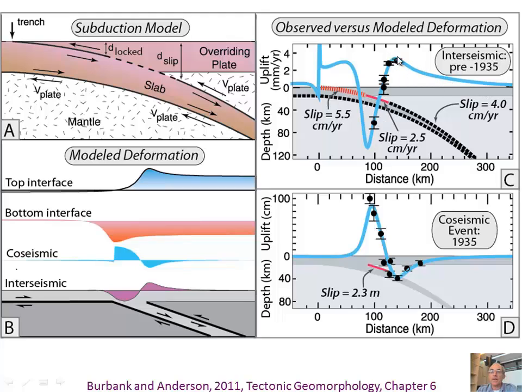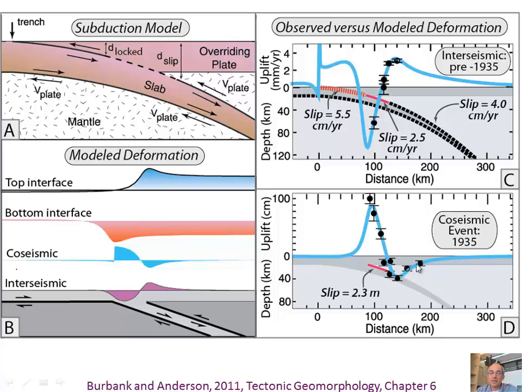And so Danny was able to fit this record of uplift or subsidence with a dislocation model of a little bit of slip, but then deep slip of 4 centimeters per year was the main thing. And so he could fit these data quite well